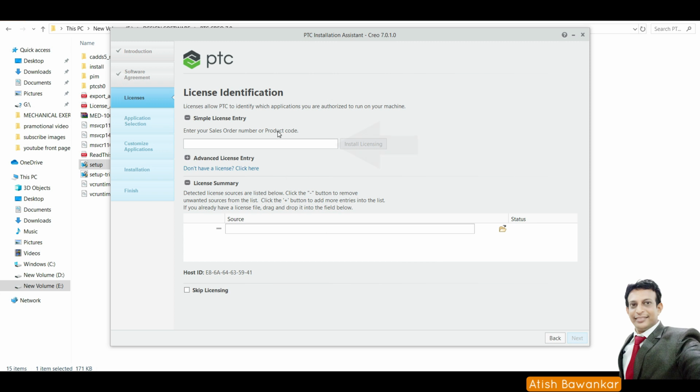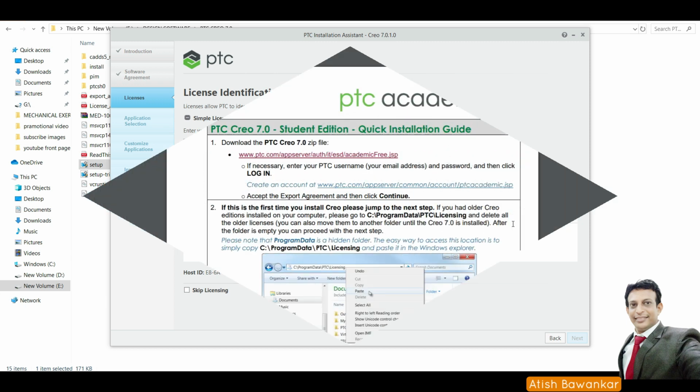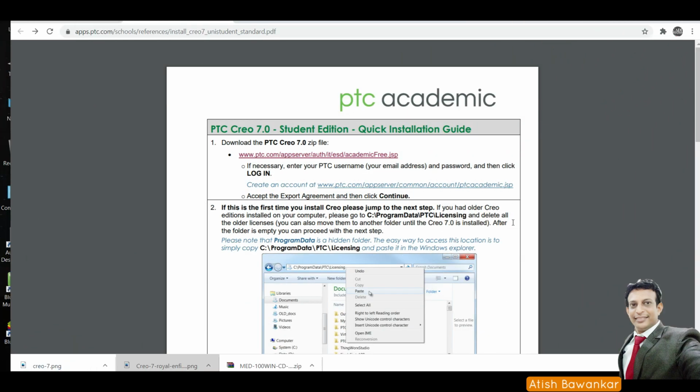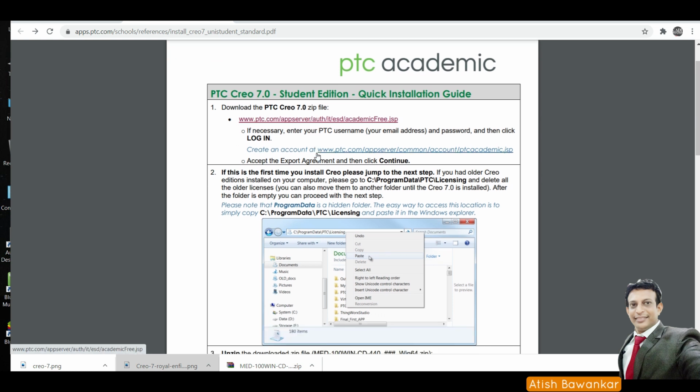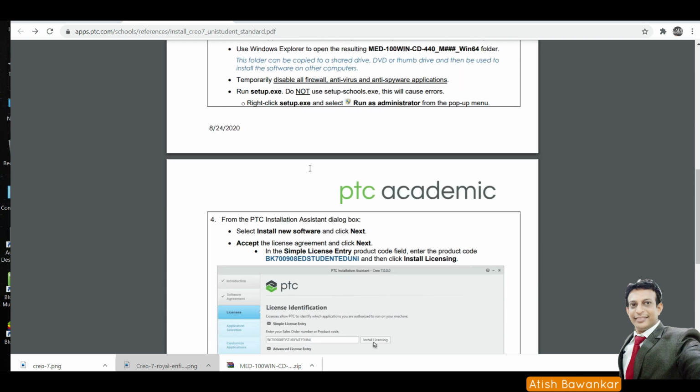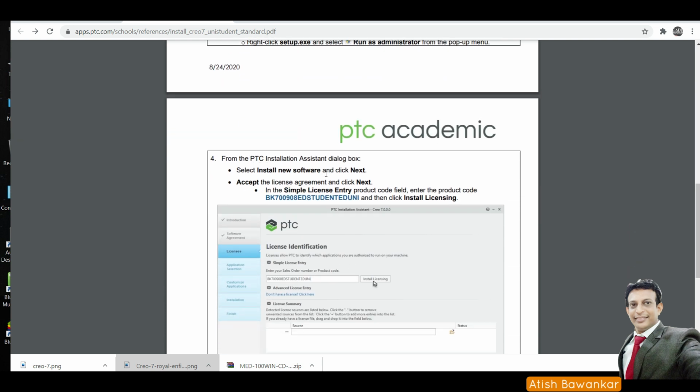Now here we have to fill in the product code. So this product code you will get under the PDF. You have to copy that product code from this PDF. You will see the fourth number point.